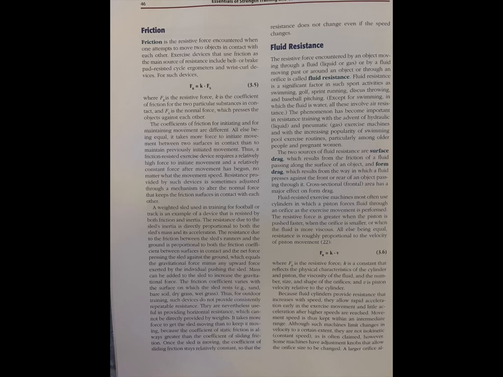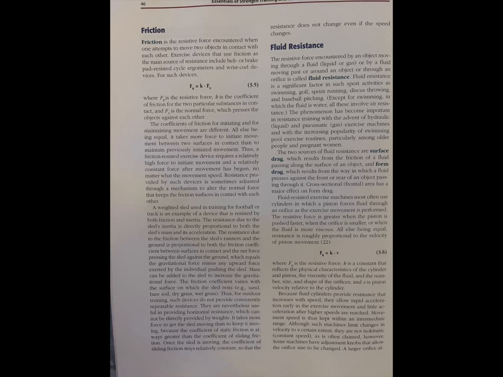after movement has begun. No matter what the movement speed, resistance provided by such devices is sometimes adjusted through a mechanism to alter the normal force that keeps the friction surfaces in contact with each other. A weighted sled used in training for football or track is an example of a device that is resisted by both friction and inertia. The resistance due to the sled's inertia is directly proportional to both the sled's mass and